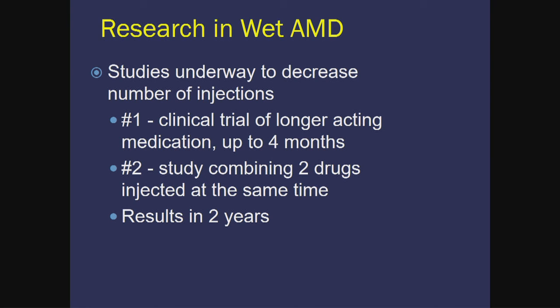Again, these trials, because they're really just underway now, it will take at least 2 years. So hopefully at the next symposium we'll be able